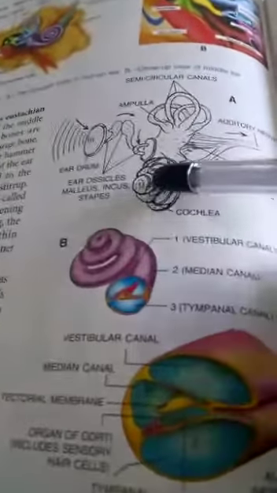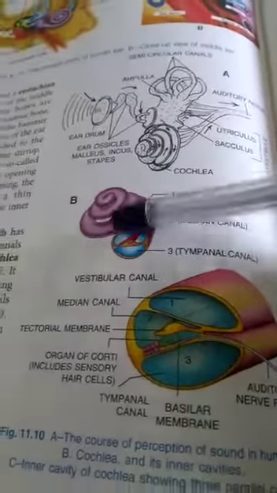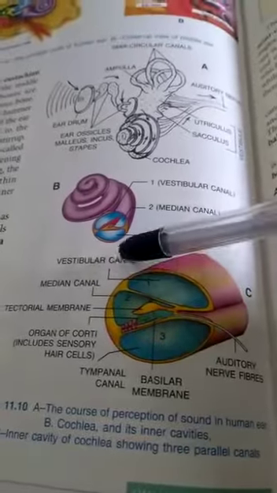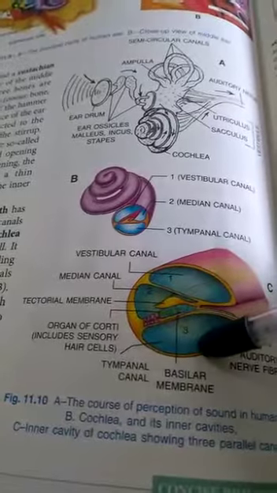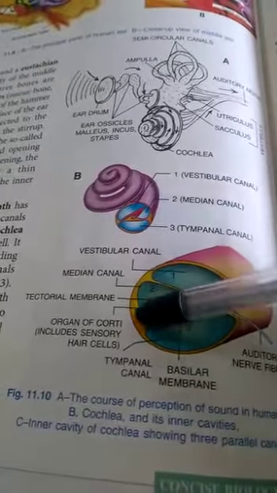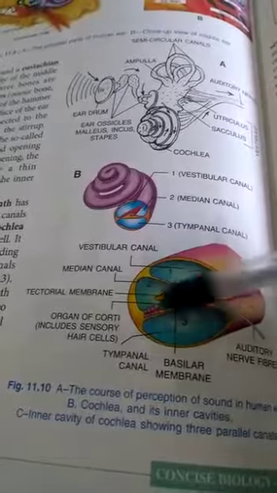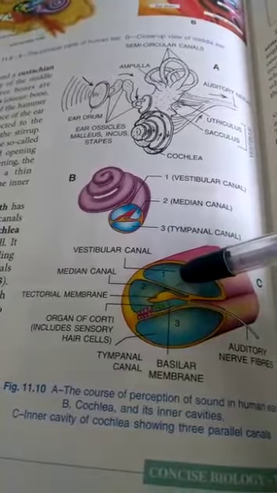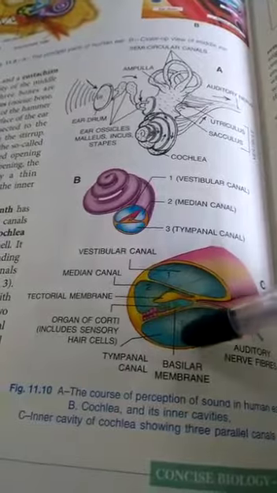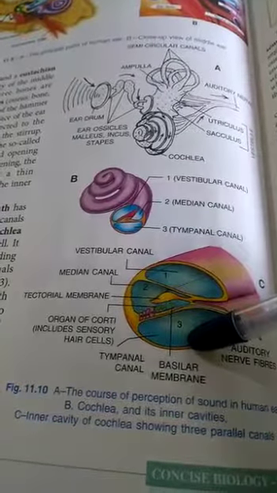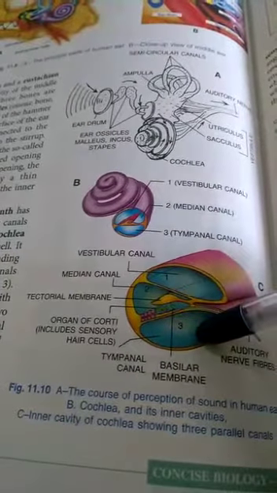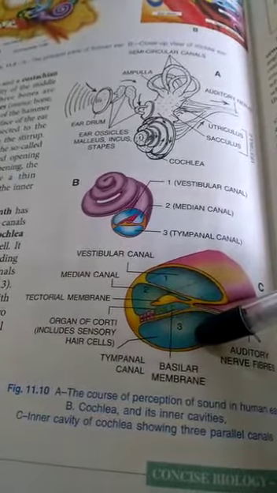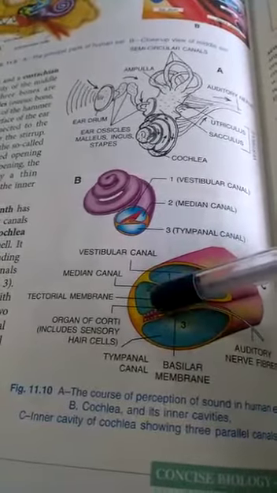Now when the vibrations reach here in internal ear, this cochlea is present. Cochlea is a tubular structure. Internally it is divided into three canals with the help of membranes. They are membranes that divide this cavity into three canals. This is vestibular canal, median canal, and tympanal canal. First and third, it means vestibular canal and tympanal canal, are filled with perilymph, and median canal is filled with